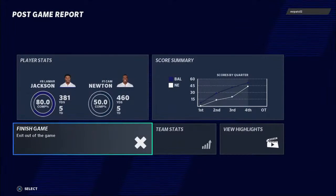So for Baltimore, the win will move them to 7-2 now on the year. And they will head